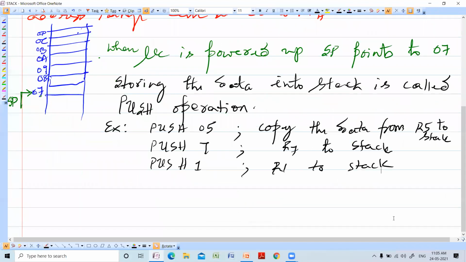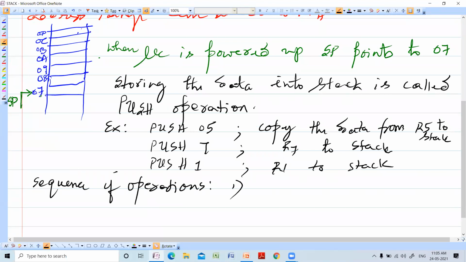So what is the sequence of operations when a push operation happens? Number one, SP is incremented by 1 automatically.